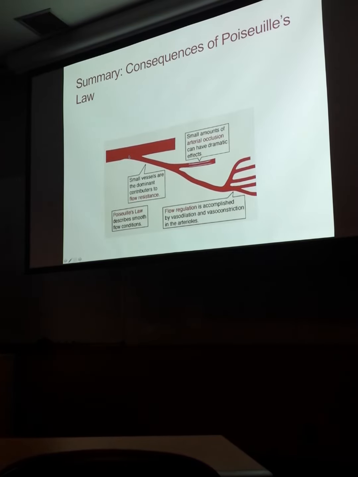The small vessels are really dominant contributors to flow resistance because they are so numerous. And what we just saw is that small amounts of occlusion can have a dramatic impact on blood flow and on health. I wanted to remind you